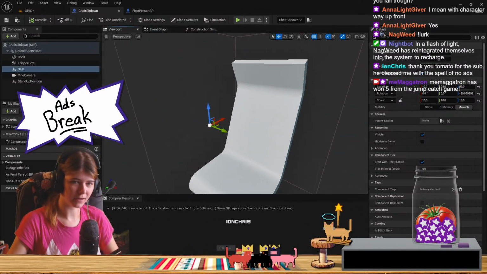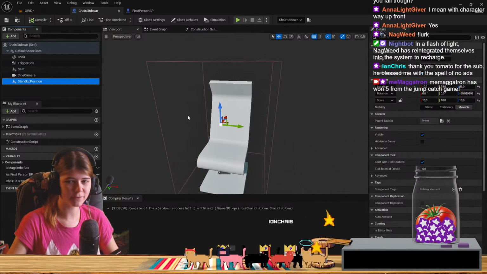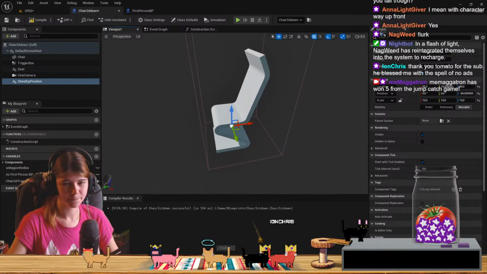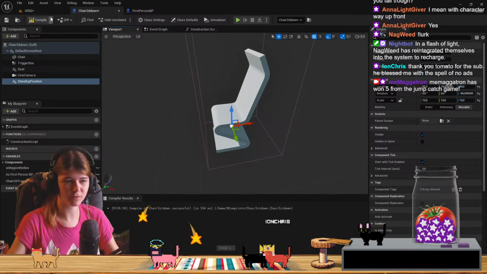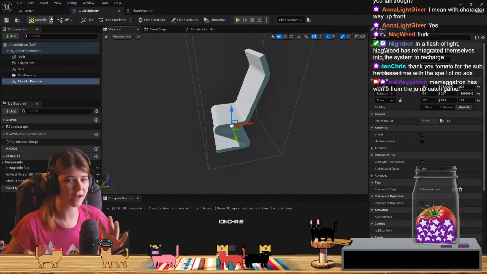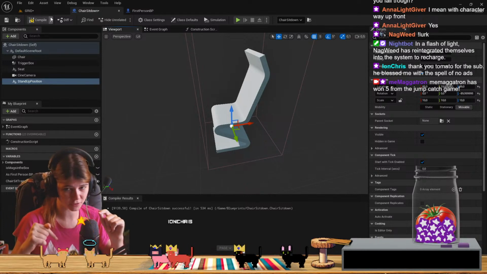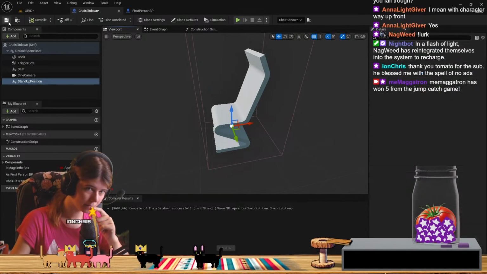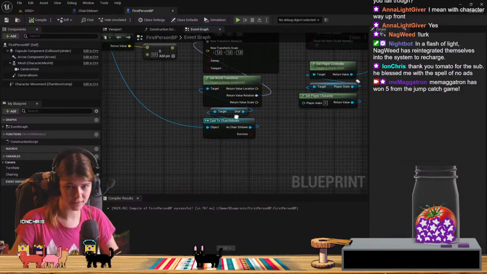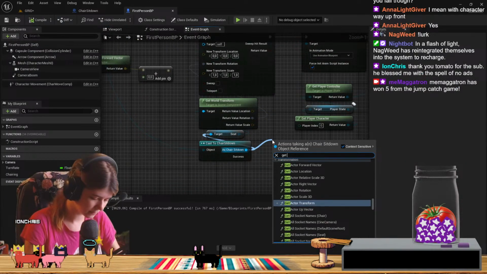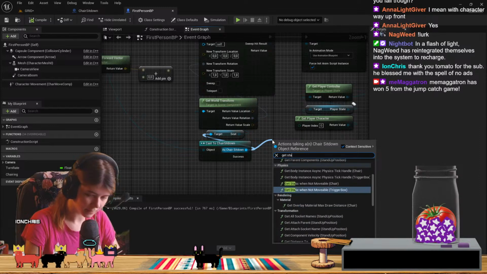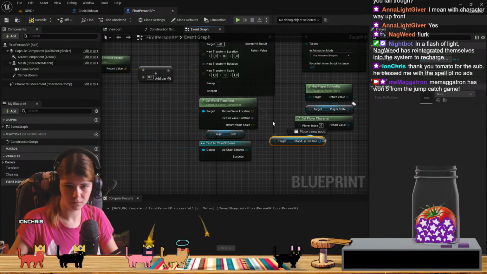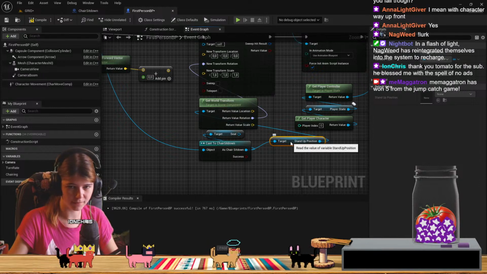Okay, let me try something. Simply for testing purposes, if I put the stand-up position to the side, which would then have it so it is not conflicting with either the desk mesh or the chair mesh, would I still fall through? That's what I'm going to test now. So instead of seat, it would be get stand up position. I plug this in here and that be